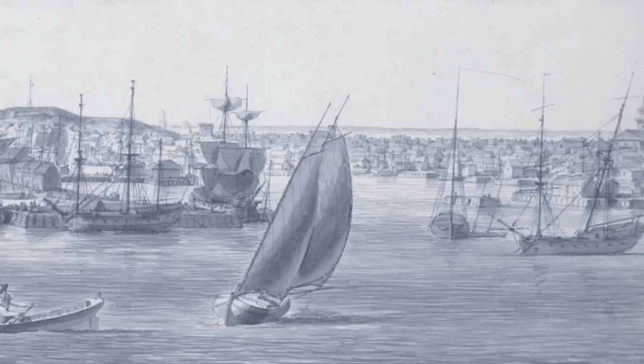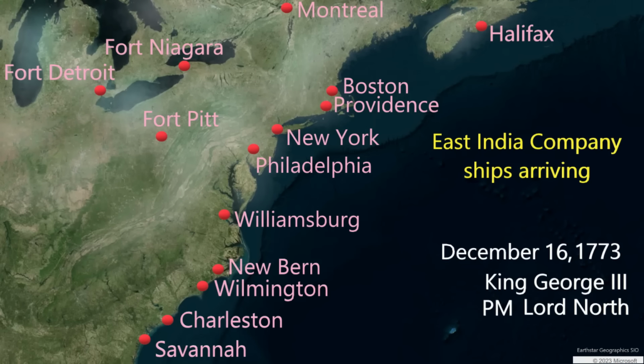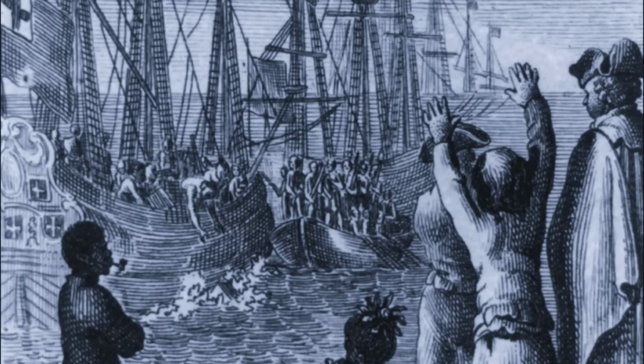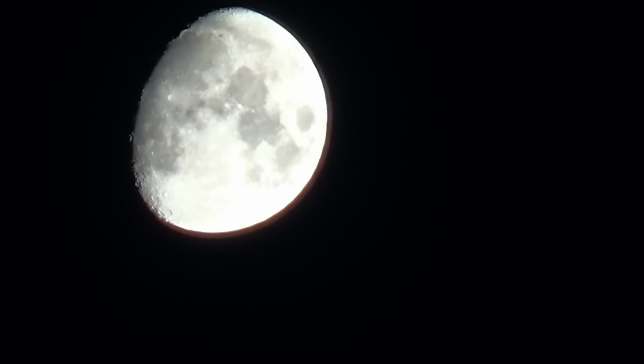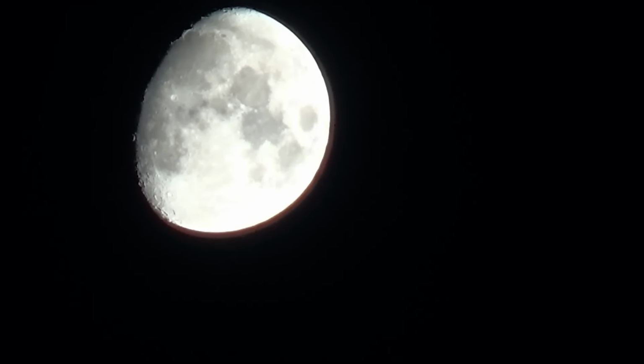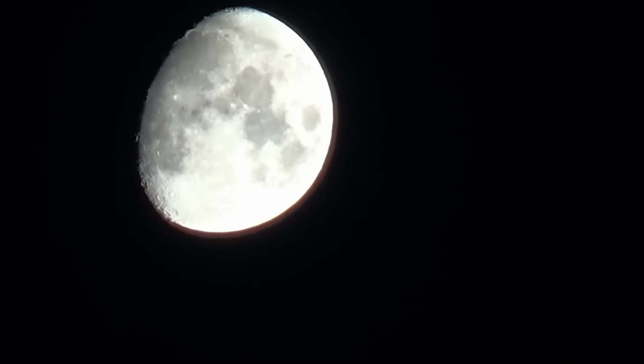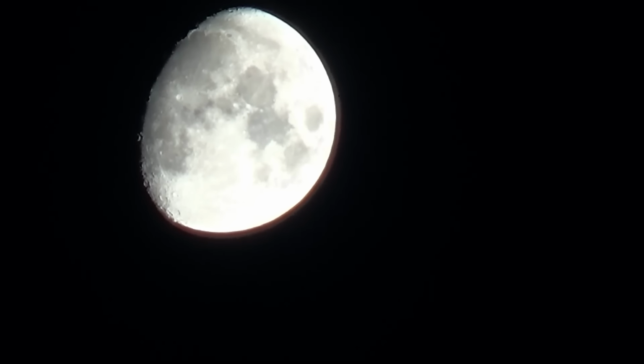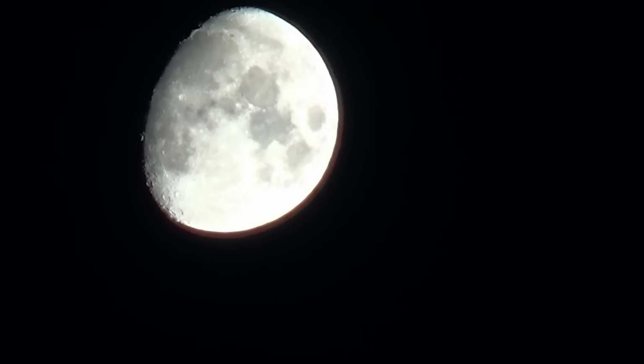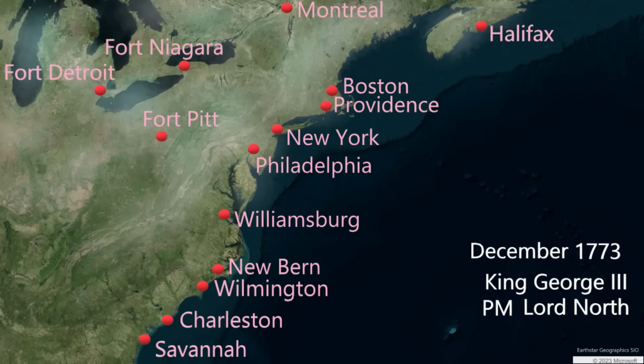December 16, 1773. The Sons of Liberty dress as Native American warriors. They board the tea ships and throw 342 cases of tea into Boston Harbor, a cargo valued at nearly 10,000 pounds, or about $4 million today. With a humorous flair, the stunt is called the Boston Tea Party. 1773 comes to an end.